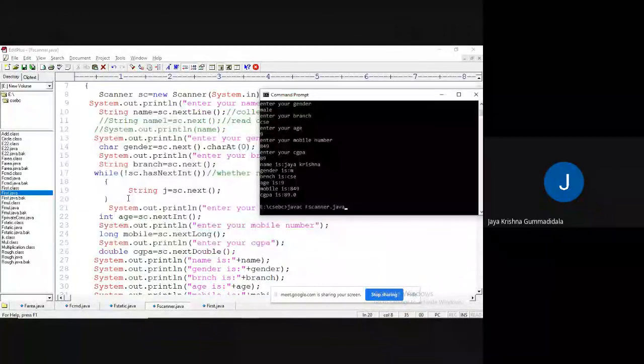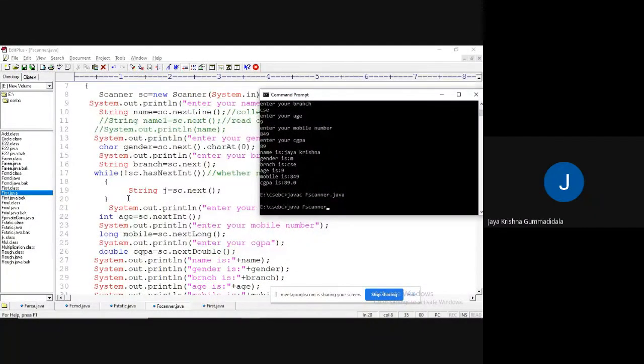I'm trying to compile. No errors. I'm going to run. Enter your name, Krishna. Enter your gender, male. Branch CSE. And now, if I press enter, it will ask. Okay, now as I have written an iteration loop here, it is not asking anything.